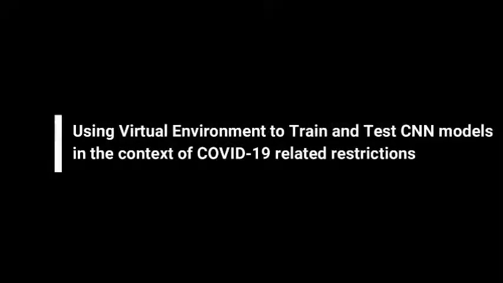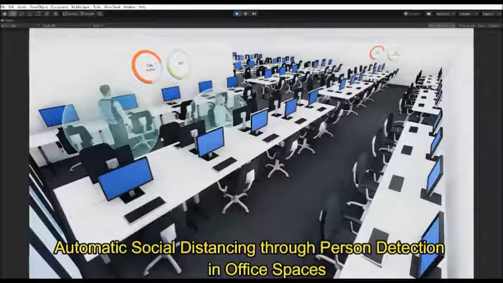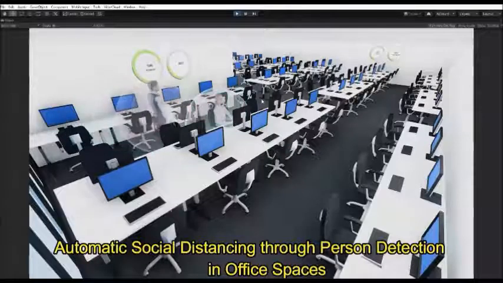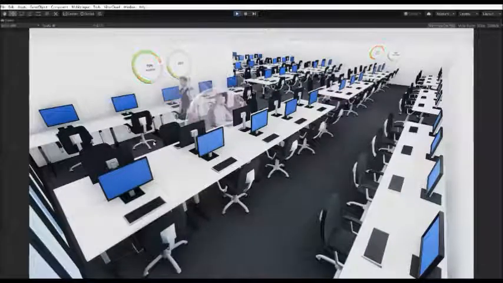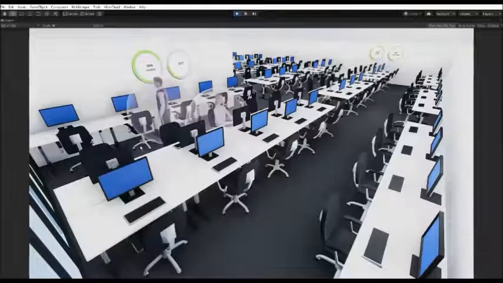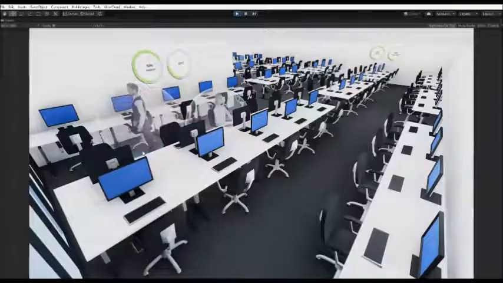We investigate the possibilities of using synthetic data to train and validate CNN models. By utilizing PBR materials and baked global illumination, we constructed a digital twin of a workspace. We chose YOLO version 3 as our person detection model, and we computed the bounding boxes and the corresponding centroids. We then calculated the Euclidean distances between these bounding boxes. If any two individuals were to come within 6 feet, the otherwise green bubble